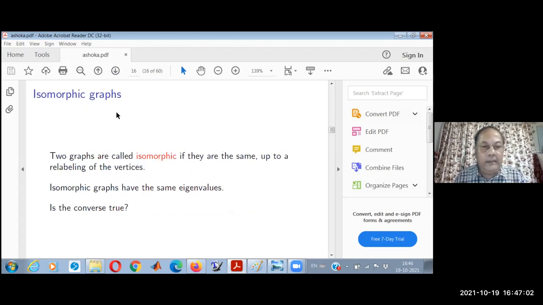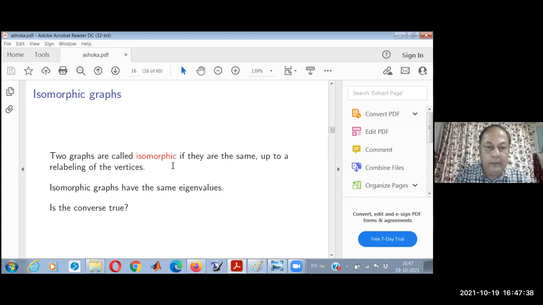Okay, so isomorphic graphs, I think we all know: if 2 graphs have the same picture, when you draw the picture, if the same picture represents 2 graphs, then they're isomorphic. More formally, there should be a bijection between the set of vertices of one graph and the other, such that the edges are preserved. And so essentially they are the same up to a relabeling of the vertices. And it's not easy to decide.